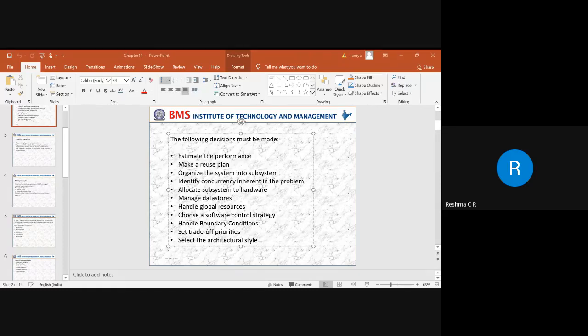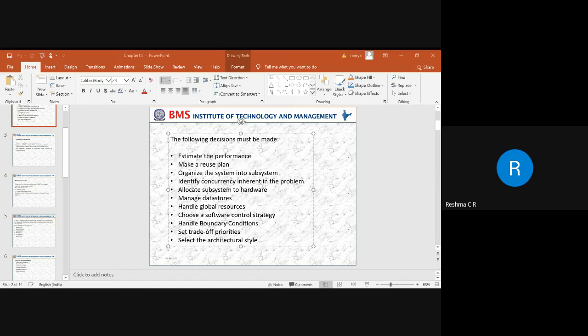And the next thing is setting the trade-off priorities. For setting the trade-off priorities, we need to identify what the goals are and whether we are able to achieve them. Whether these goals are incompatible, whether they are desirable, and how far the functionalities can be achieved has to be taken care of. So how do we take care of that? Depending upon the system designer, the system designer must ensure how to make the design trade-offs. Whether all the priorities have to be included, which is the highest priority and which is the lowest priority, and which task has to be carried out.